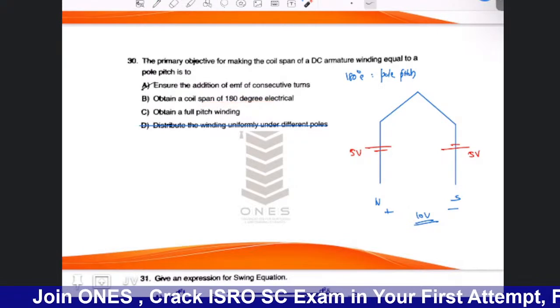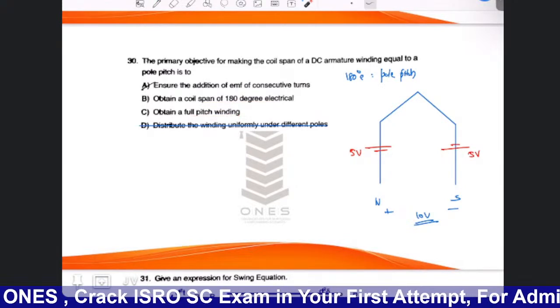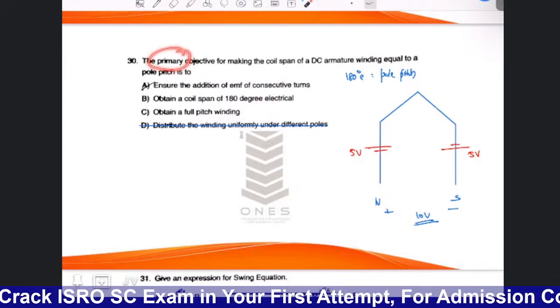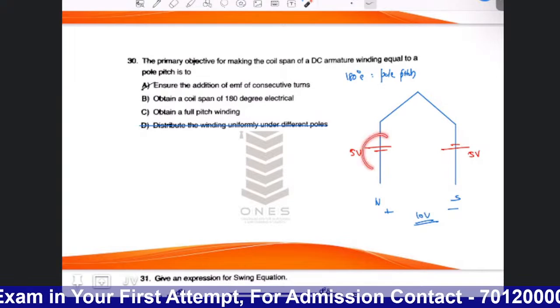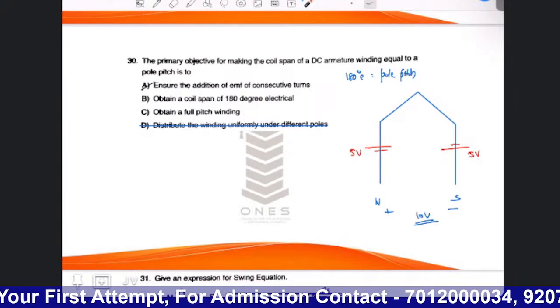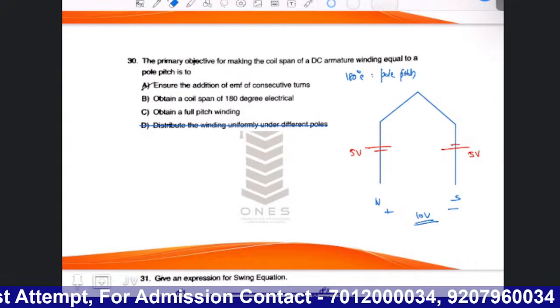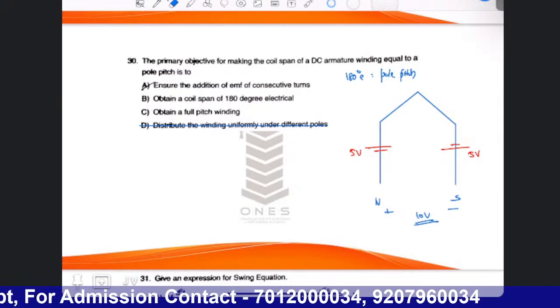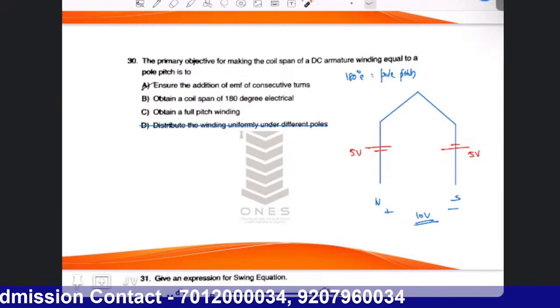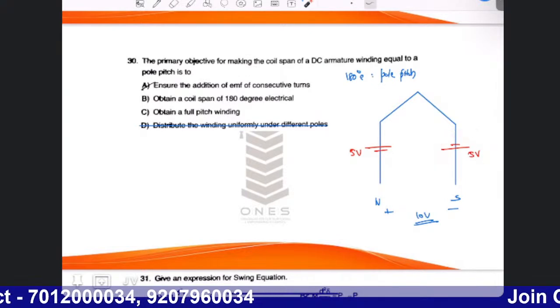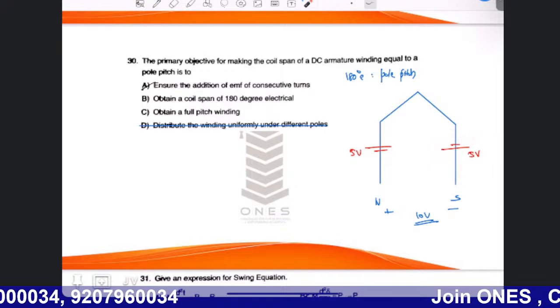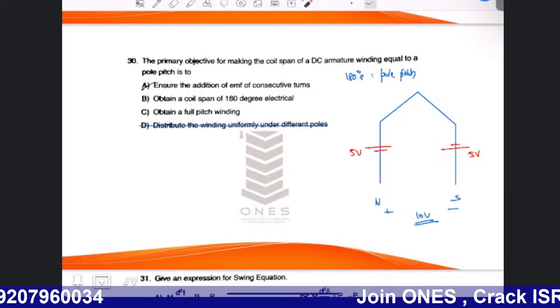കോയിൽ സ്പാൻ 180 ഉണ്ട്, ഫുൾ പിച്ച് വൈൻഡിങ് ഒക്കെ ഉണ്ട്. പക്ഷെ പ്രൈമറി ഒബ്ജക്റ്റീവ് എന്താണ്? പ്രൈമറി ഒബ്ജക്റ്റീവ് ഈസ് ദിസ് അഡിഷൻ. ഈ ഒരു അഡിഷന് വേണ്ടിയിട്ടാണ് നമ്മൾ exactly 180 ഡിഗ്രി ഇലക്ട്രിക്കൽ ആംഗിളിന്റെ ശേഷം വെക്കുന്നത്. ഓക്കെ, ഇനി 180 ഡിഗ്രി വെച്ചില്ലെങ്കിലോ you will not get -5 volt. You will get a voltage less than -5. Okay,